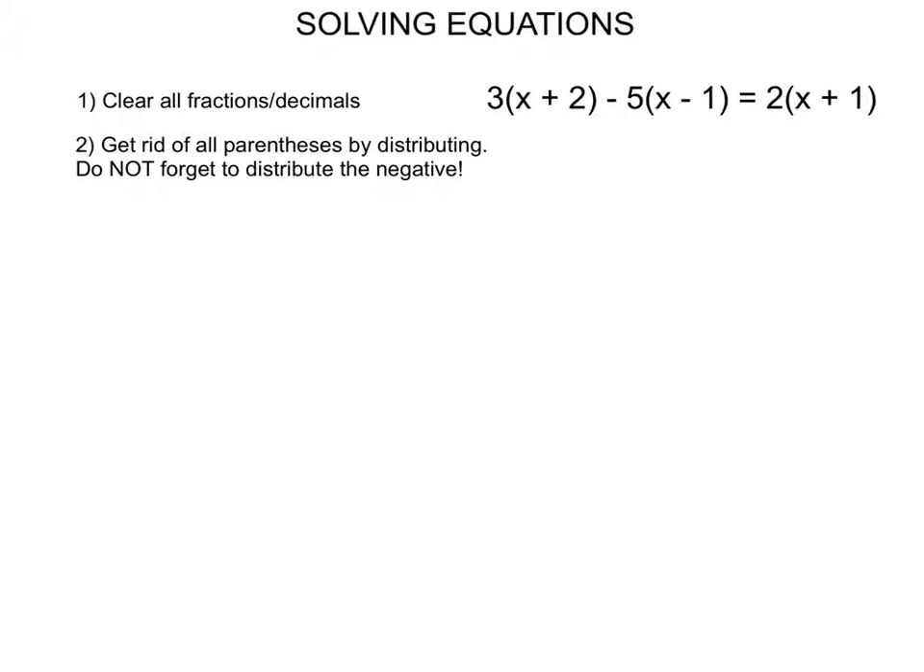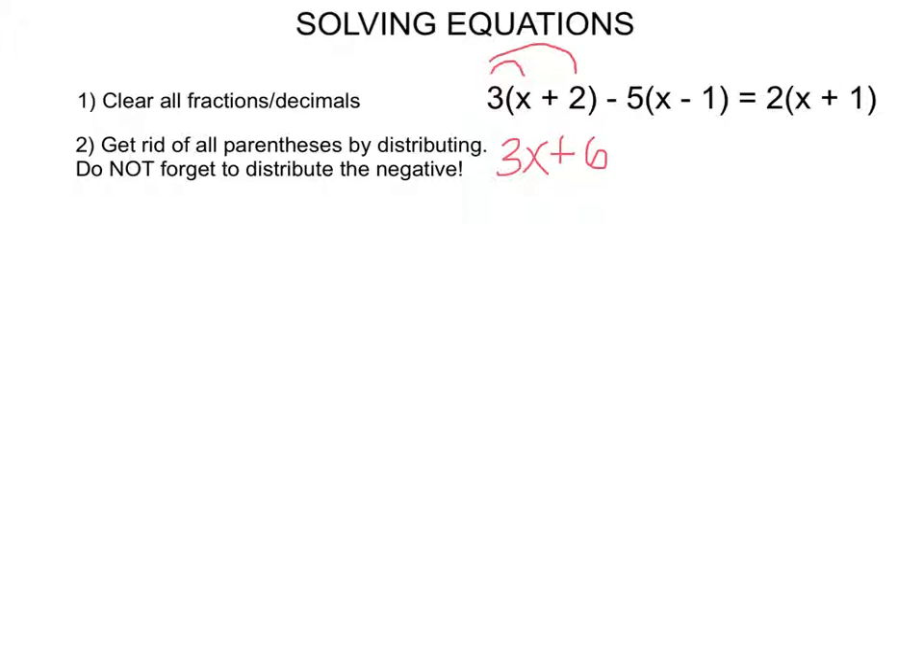Step 2 then says, get rid of all parentheses by distributing, and do not forget to distribute the negative. So what I'm going to do is start with the 3, and notice that I like to draw these little arches attaching my 3 to whatever I'm distributing it to. This ensures that I distribute my 3 across all of my parentheses, and I get 3x plus